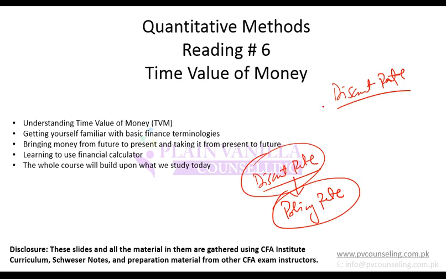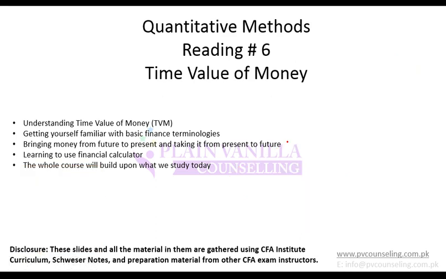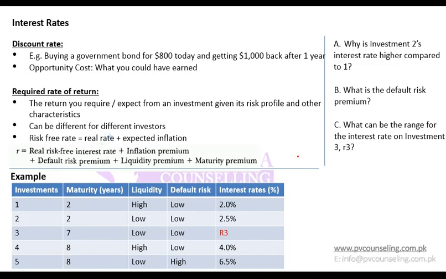But in our discussions, when we talk about discount rate, we would mean the rate at which we are discounting the cash flow and not the policy rate. I'm just telling you so that there is no confusion. Because when you talk to someone in investment markets and ask them about discount rate, they would tell you the policy rate. Policy rate would be fixed because it is set by the central bank, but the discount rate for each investment will be different based on its characteristics or its maturity. So do not confuse it with policy rate.